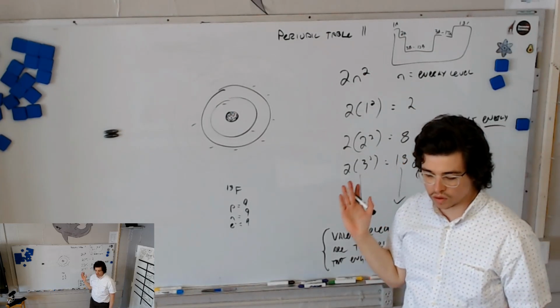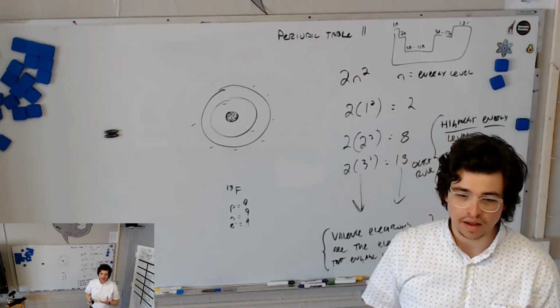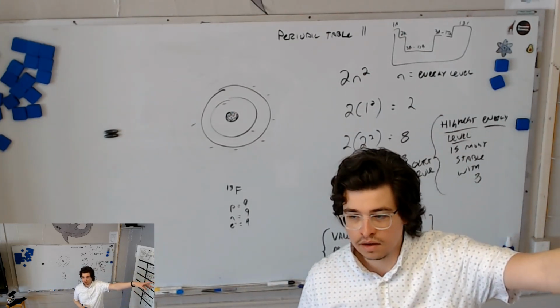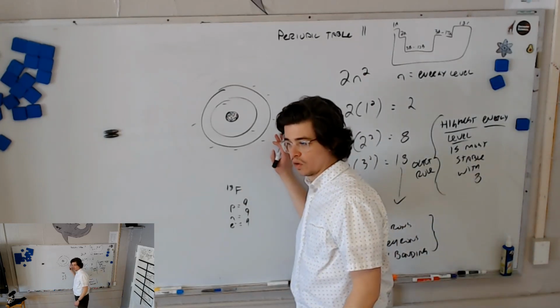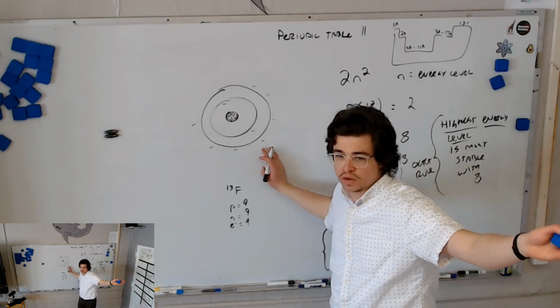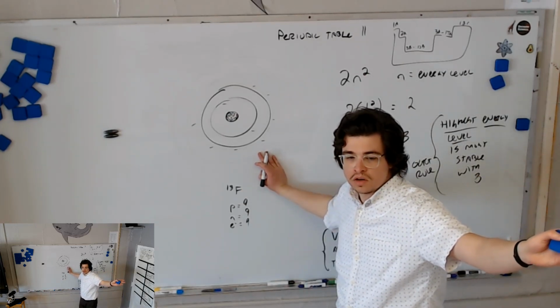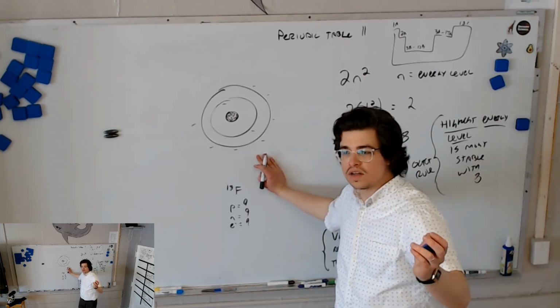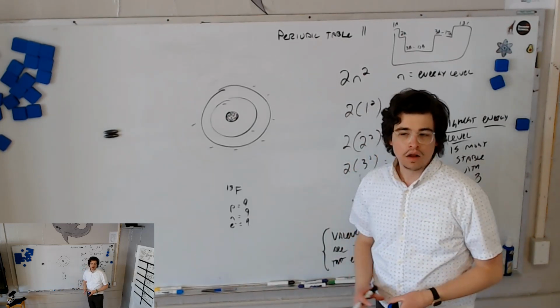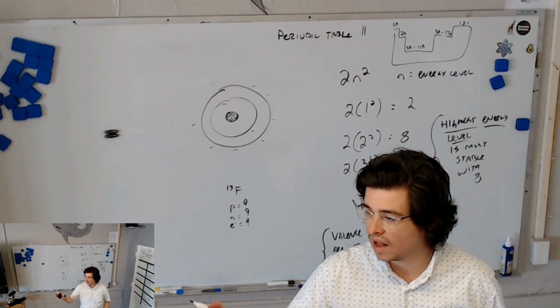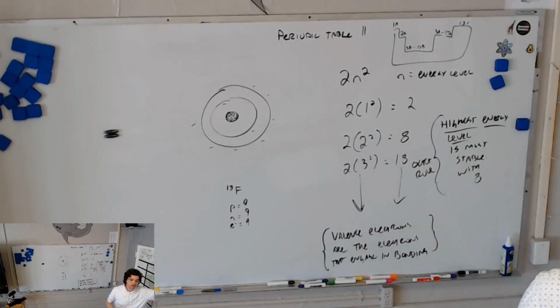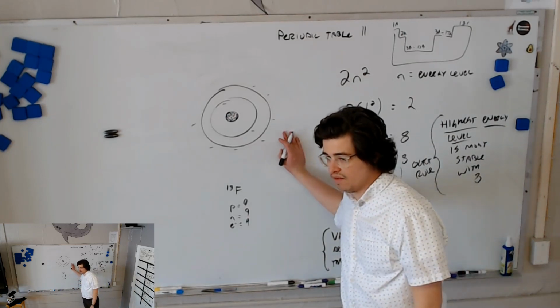They're just different ways to organize the same thing, but both of them tell us, just by looking at it, do you think it's just a coincidence that fluorine had 7 valence electrons and it's also in group 17? No, it's not a coincidence. They're all like that. Periodic. All of them, the group they're in matches the number of valence electrons they have.